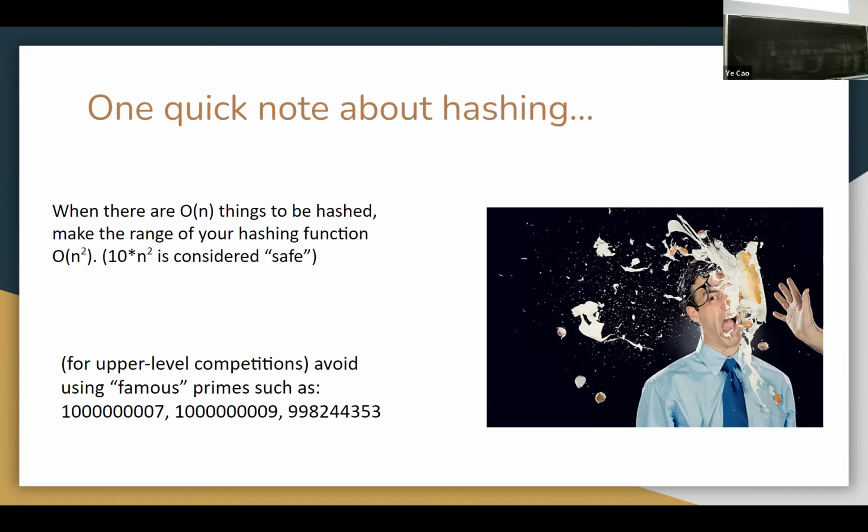If in a room there are more than 23 people, then there is over a 50% chance that you can find a pair of people that share the same birthday. Why is it 23? That is approximately the square root of the number of days in a year. So if you consider a person to be the key and their birthday to be their hash value, then if you have over the square root of the number of elements in its range, it will be very likely to see a hash collision, right?